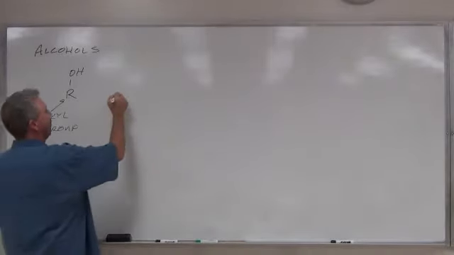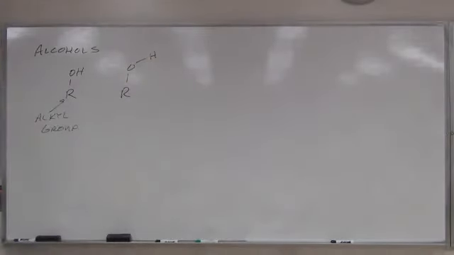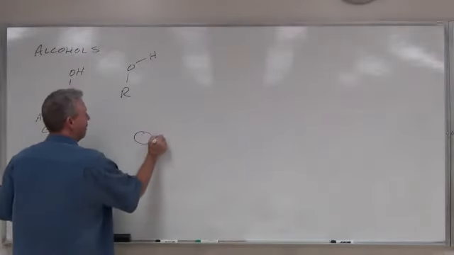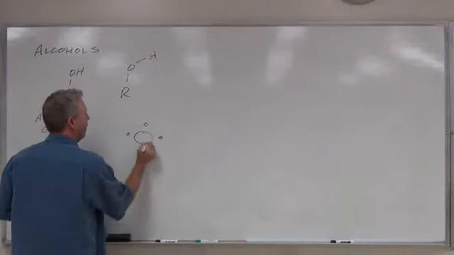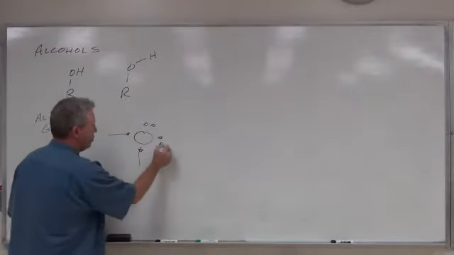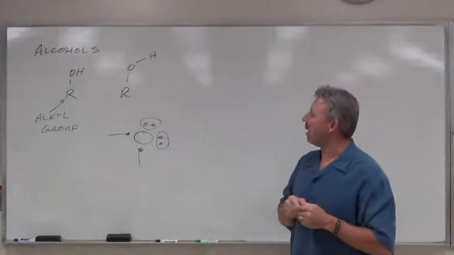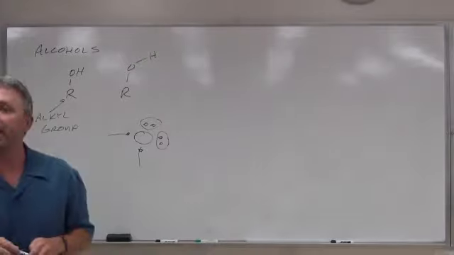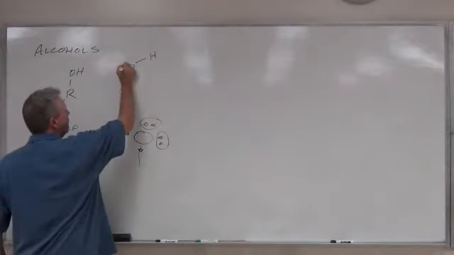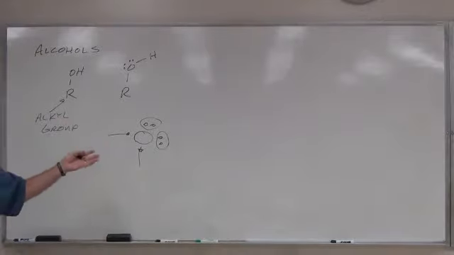The OH group is polar. If I expand it a little bit, I remember that oxygen is in group number 6, right? 1, 2, 3, 4, 5, 6. So it wants to form 2 bonds, and it has 2 lone pairs. And if I recall, that geometry is bent or angular. So I kind of drew it that way. We put our 2 pairs of electrons in there. We can see that the OH group is polar.